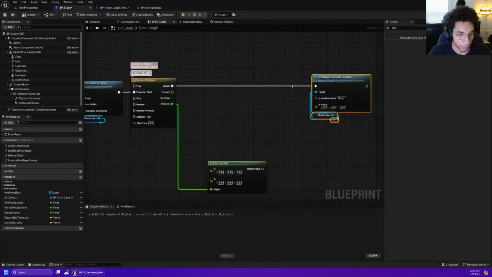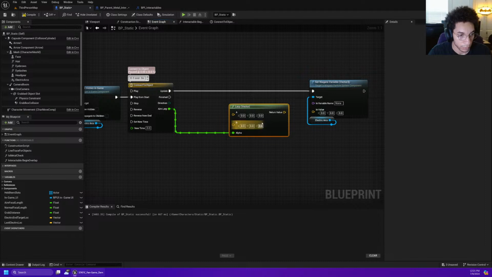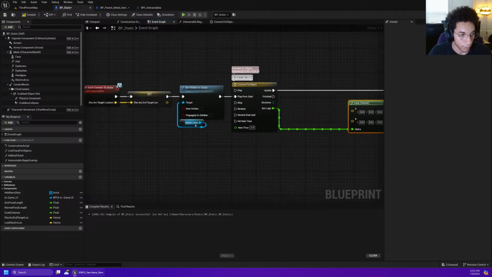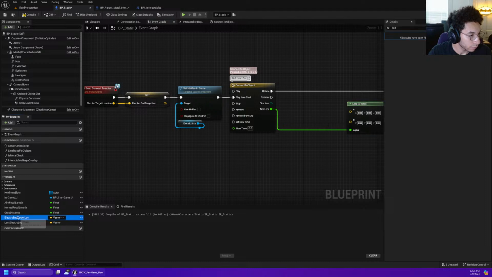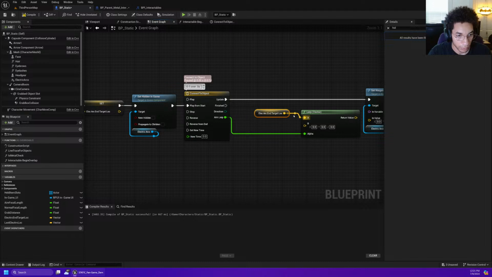So when it updates it will do this, and then we're going from arc end target location. Wait, no, we're going from the current location to